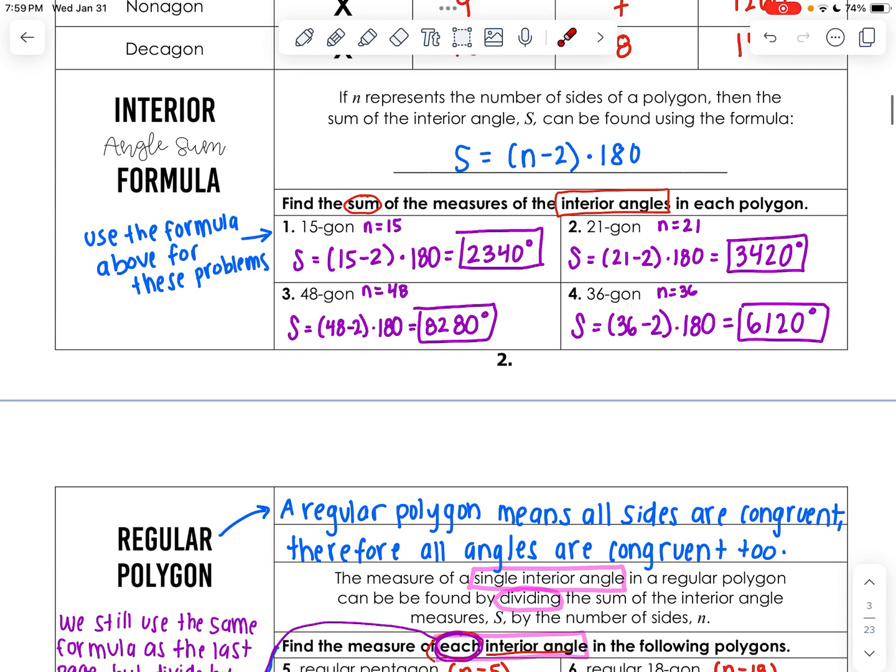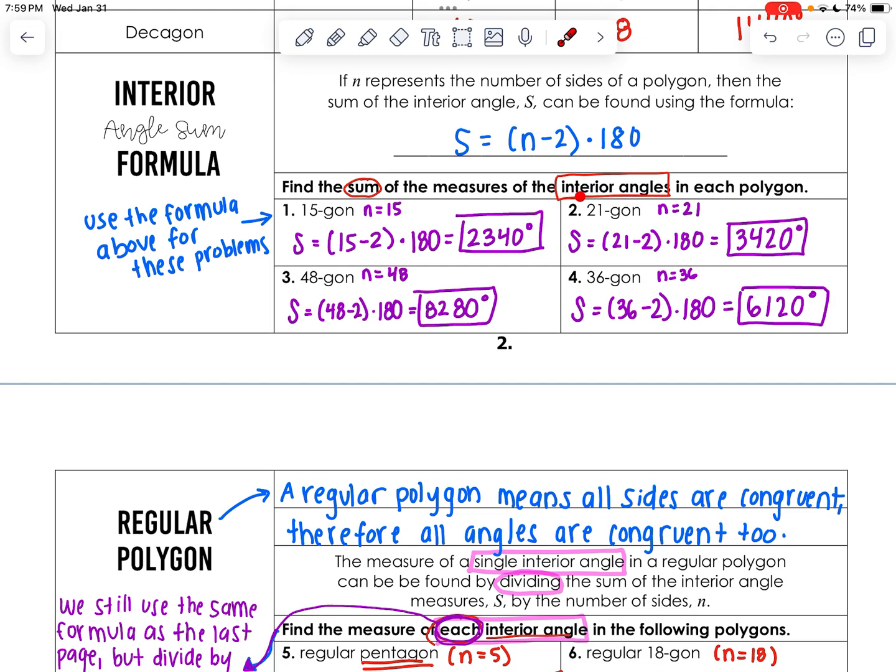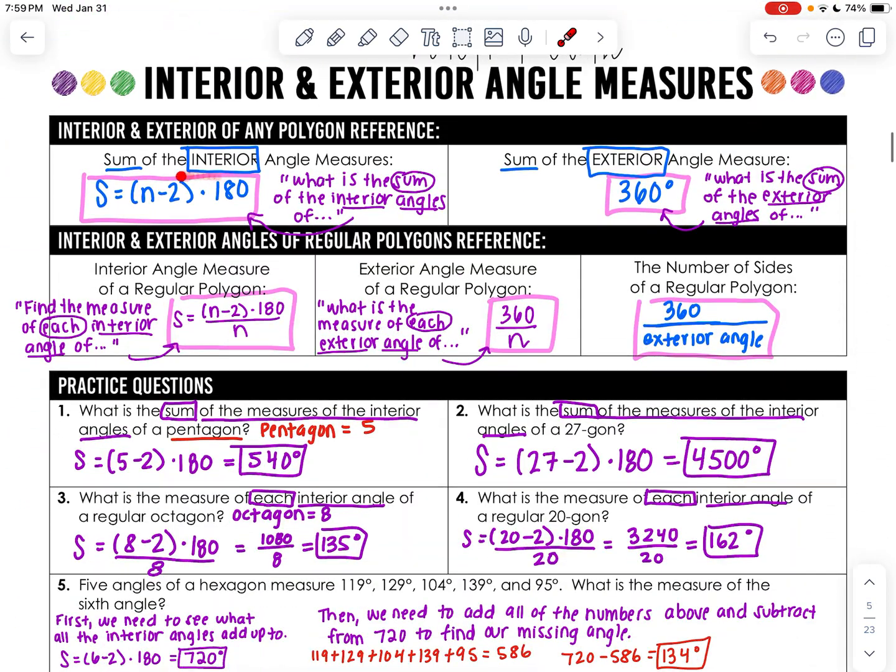Now, here's the differences in some of these formulas. I think this is going to help. If we're talking about interior angles, interior, meaning inside, the sum, you're going to use this formula every time if it asks for the sum. So n is like, if this is 15, you're plugging in 15 for n, subtract 2, and then multiply by 180. Plug in 21, subtract 2, multiply by 180, okay, and so on. That's sum of interior. And that is going to be on this page. If it asks what is the sum of the interior angles of whatever, you're going to use this formula,